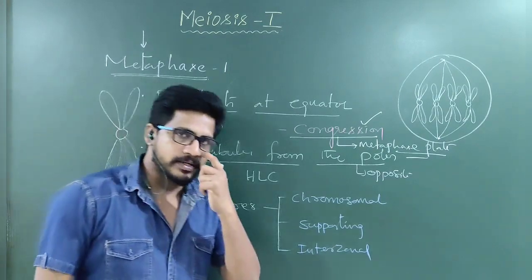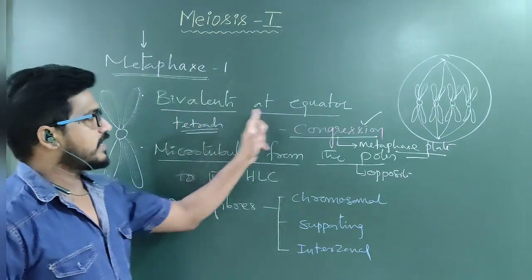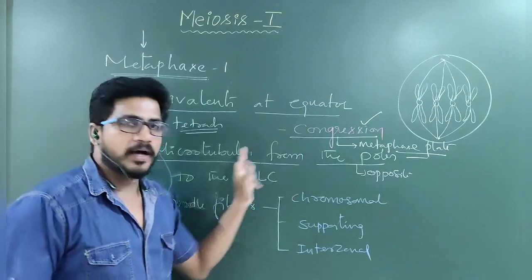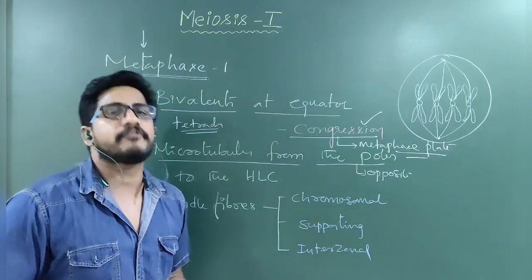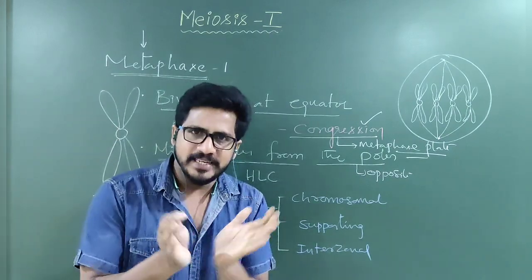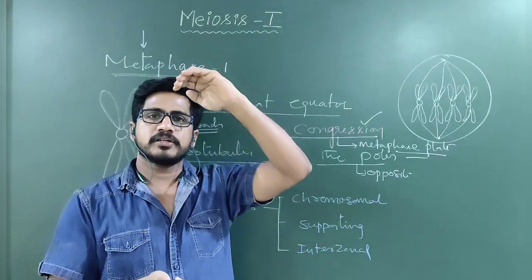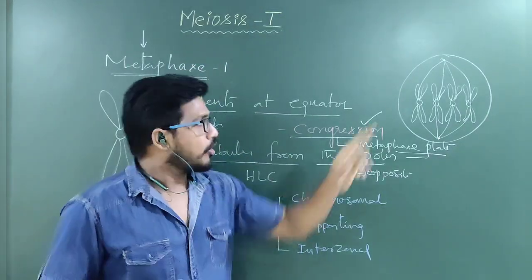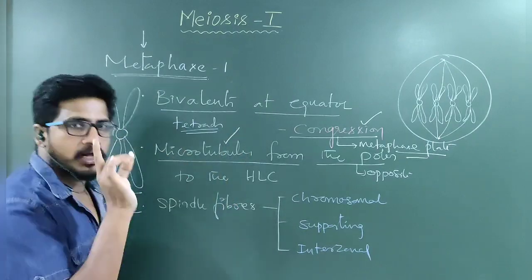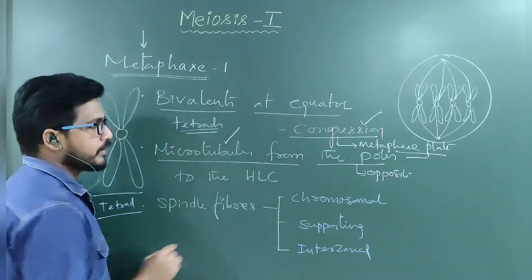In metaphase 1, the very first initiative is bivalents coming to the equator, called congression. Congression is followed by the formation of spindle fibers. Where are these spindle fibers coming from? From the center or sides or poles, upper and lower sides? They are from opposite poles. So from the opposite poles, microtubules, also called spindle fibers, are coming